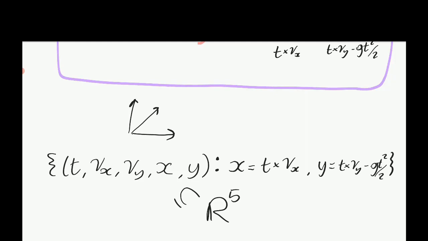So why do I say it's going to be in 5-dimensional space? Well, because it's basically a load of 5-tuples of numbers. A 5-tuple of numbers is a point in 5-dimensional space. Why do I say it's going to look like a 3-dimensional hypersurface? Well, because we can move around this space just by varying these 3 numbers, t, vx, and vy. And as we do that, x and y are going to get fixed because we know that these equations